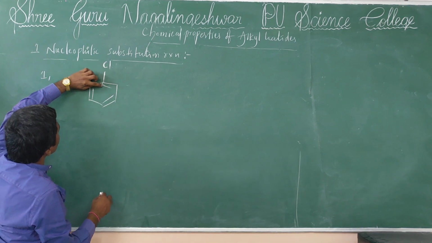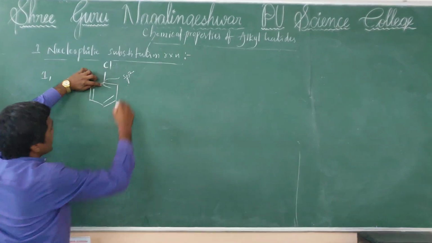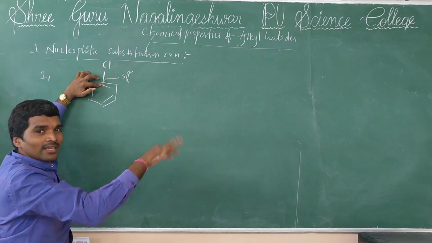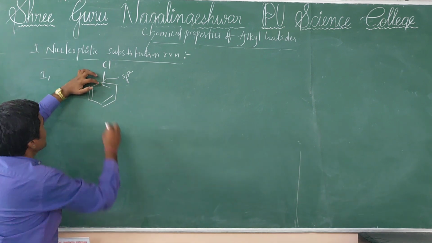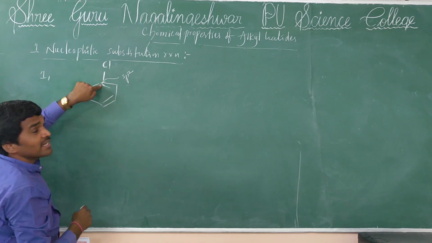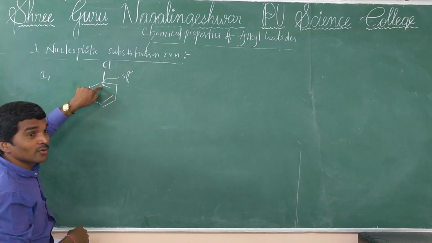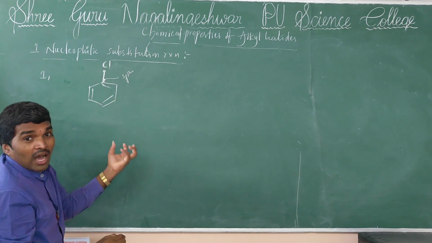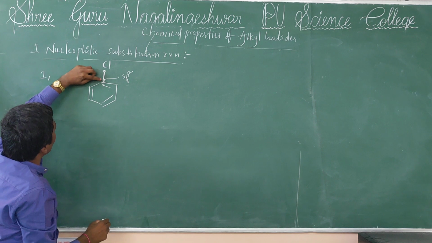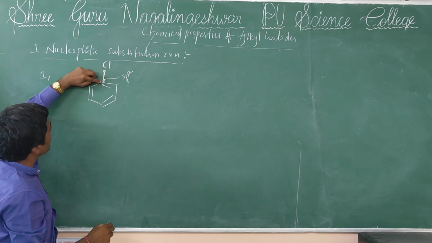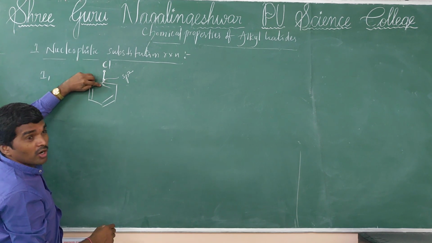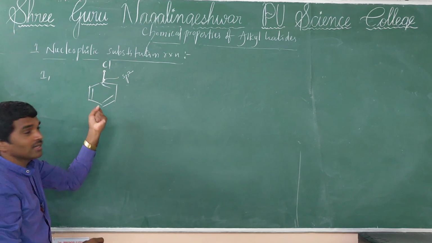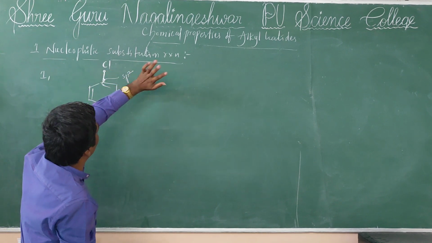see, halogen is attached to sp2 hybridized carbon. sp2 hybridized carbon means S character is high. S character increases, electronegativity of carbon also increases. So here the carbon electronegativity increases. So that's why it can hold or pull the bond pair of electrons of carbon to chlorine. Understood? So that's why this bond we cannot break.